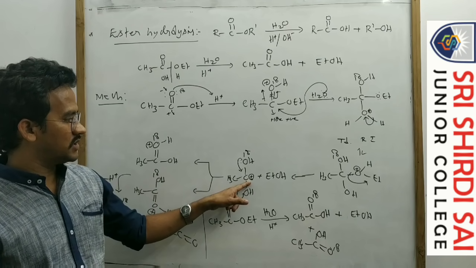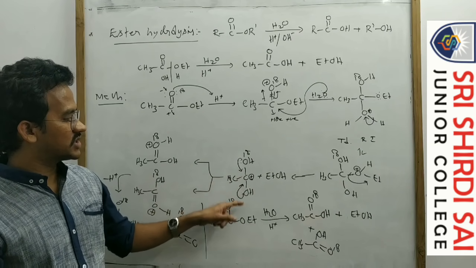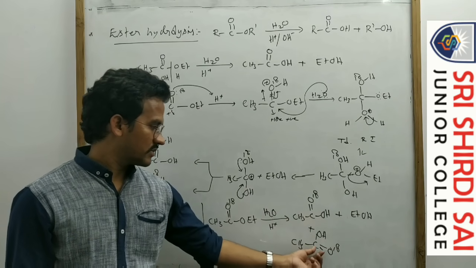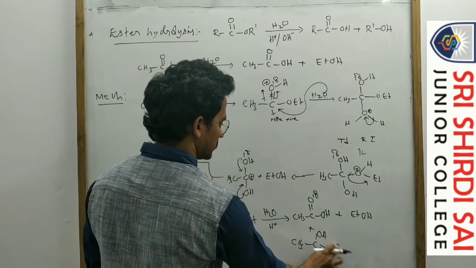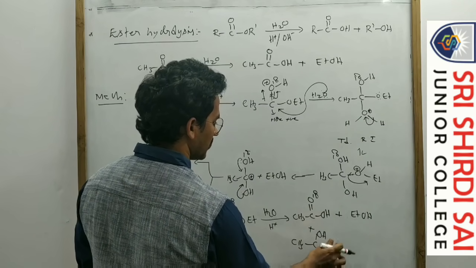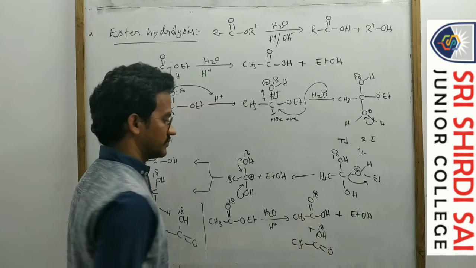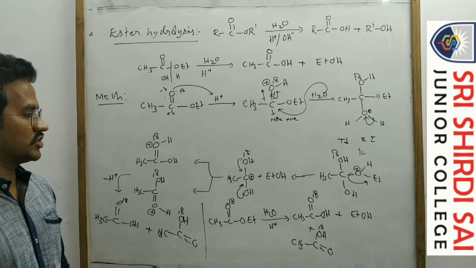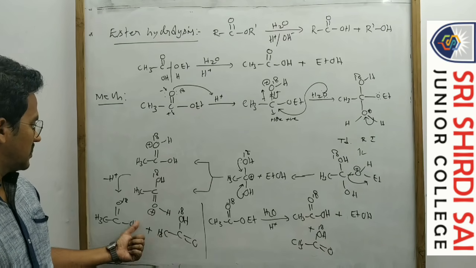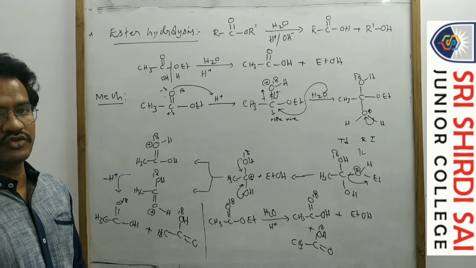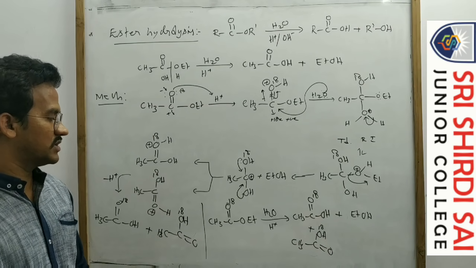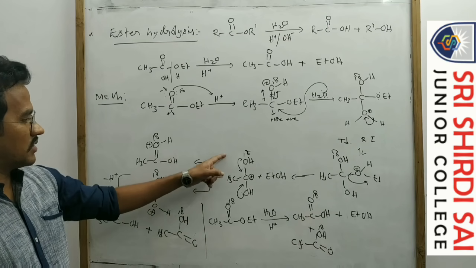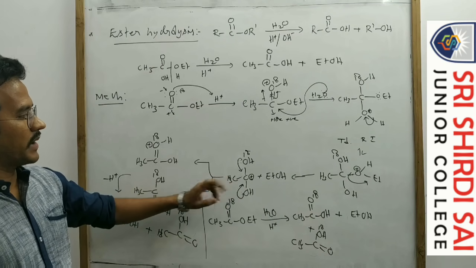So after formation of this carbocation, either OH can form the pi bond. That means here C double bond O18, or this one contains 18. Okay, either one contains 18. So both the double bond oxygen or this OH also contains isotopic oxygen. So that is the main step in this reaction, because either OH can form the pi bond.